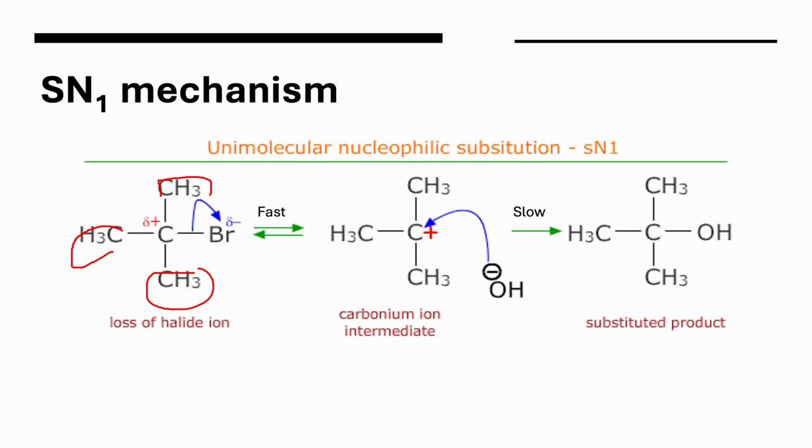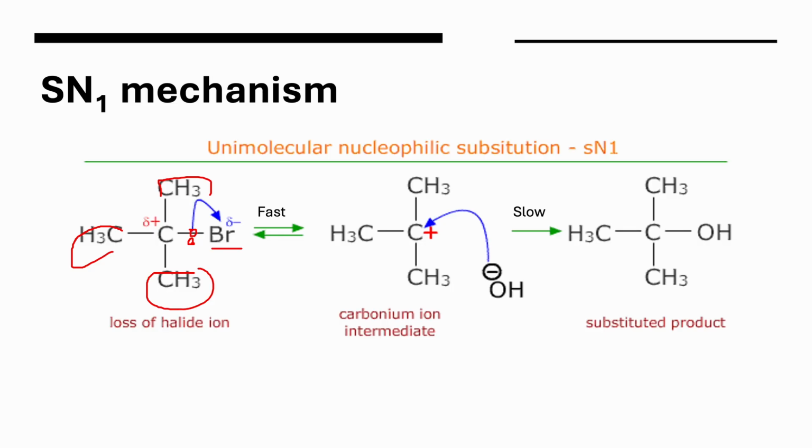This alkyl group causes the electrons of your carbon to your bromine in this case, or your carbon to your halogen bond, to be pushed fully onto your bromine. So the 2 electrons here are now being pushed onto your bromine. This causes your carbon to bromine, or your carbon to halogen bond, to break, undergoing heterolytic fission, and form your stable